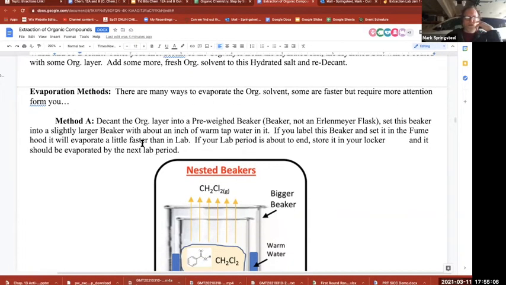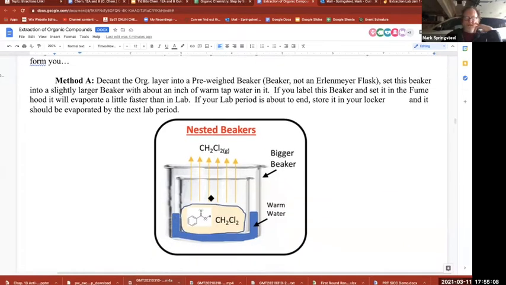So that's the method where you have it in a beaker. And then you put this beaker in a slightly bigger beaker with warm water, but you set it up so that there's no way this could fall over in the beaker, the sizes of them, and the amount of water is not going to rise and spill in. And then the warm water will help this evaporate much quicker, because as the methylene chloride evaporates, it cools